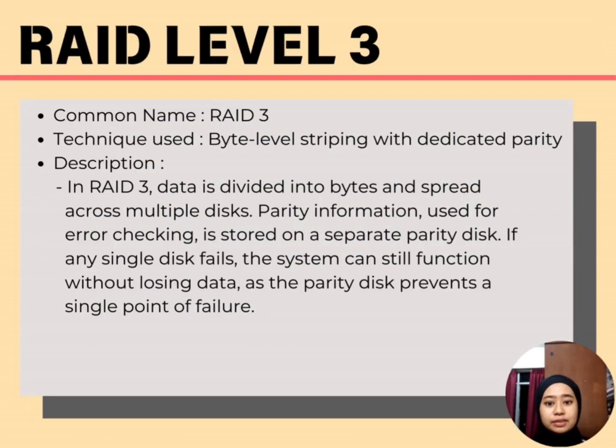Next, for RAID level 3, the common name is also RAID 3. The technique used is byte level striping with dedicated parity. In RAID 3, data is divided into bytes and spread across multiple disks. Parity information used for error checking is stored on a separate parity disk. If any single disk fails, the system can still function without losing data, as the parity disk prevents a single